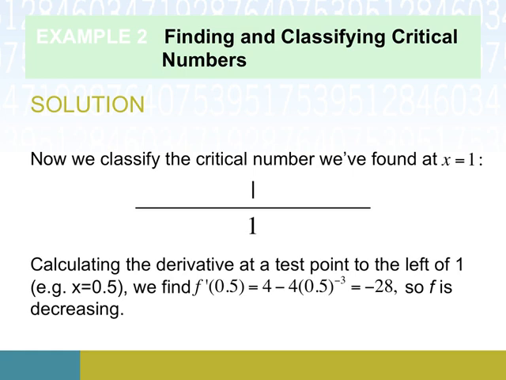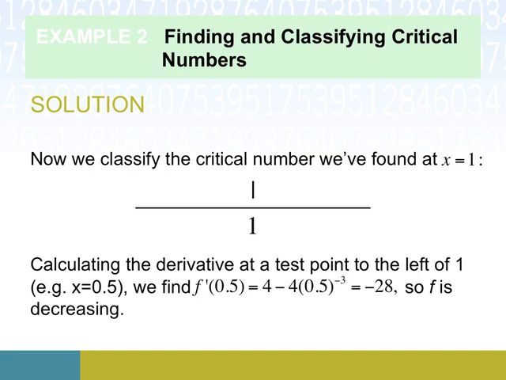So here's the basic process, and we're gonna give this a name pretty shortly. Our task is essentially to look at x equals 1 and then evaluate the derivative to the left and right sides of this. What calculus has basically done for us is guaranteed that at x equals 1, the only time this function is allowed to change its mind, that is to go from increasing to decreasing, or vice versa, from decreasing to increasing, is at this point. So if I test to the left and the right of this value, any parts of this function that are defined, I guess I should say, I can't pick any numbers, but anything that's defined in